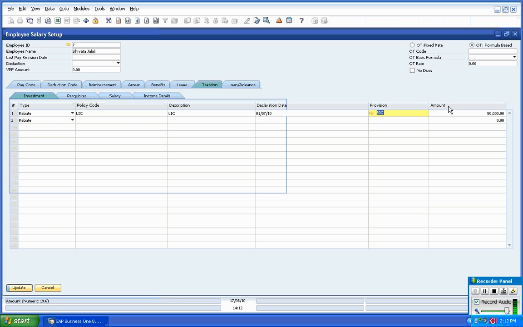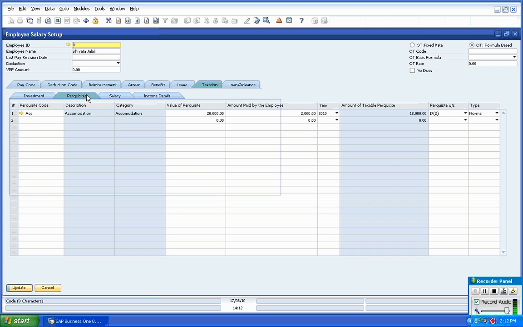A particular investment has been done in this particular financial year 10-11. The next step is a perquisites step. Here the accommodation perquisite is rupees 20,000, and the employee is paying only 2,000 in the year 2010, so the total taxable perquisite becomes 18,000, and this perquisite falls under section 17.2